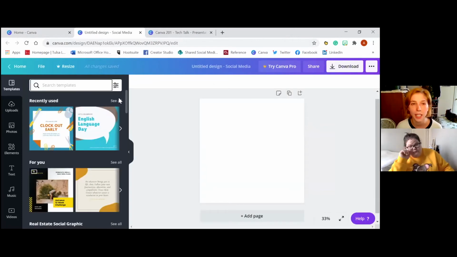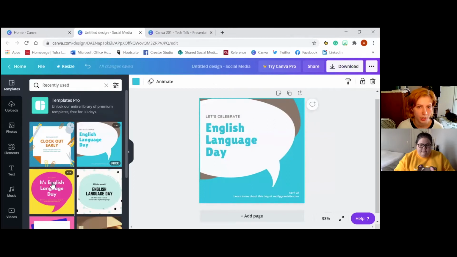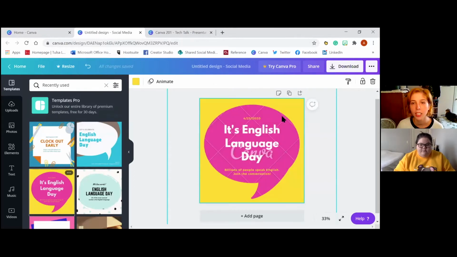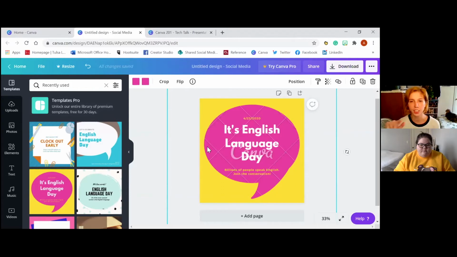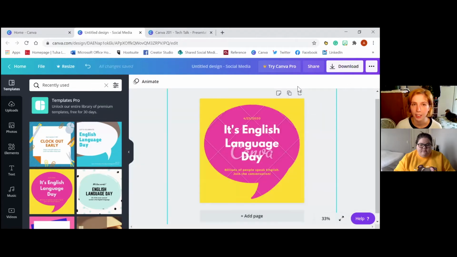And this is going to be, I'm going to make an advertisement for some of our language classes at the library. Oh, that's cute. That's cute. You can see here the hatch design on this element. That means it's not free. Anything that you have to pay for or that's available in the Canva Pro account, it'll stop you from